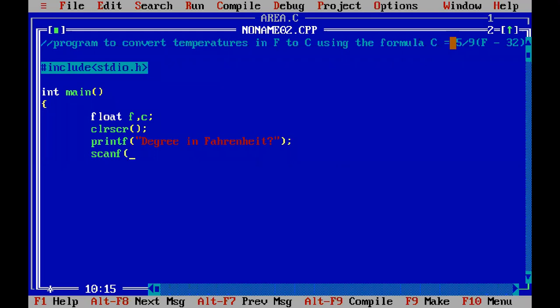So this is for reading the temperature. Now you have to use the formula to do the conversion. So C is equal to 5 by 9. One thing you can do is write it this way: 5, into, because 9 is in the denominator. If you can see the formula, 9 is in the denominator. So you can directly write it this way: 5 by 9 into F minus 32.